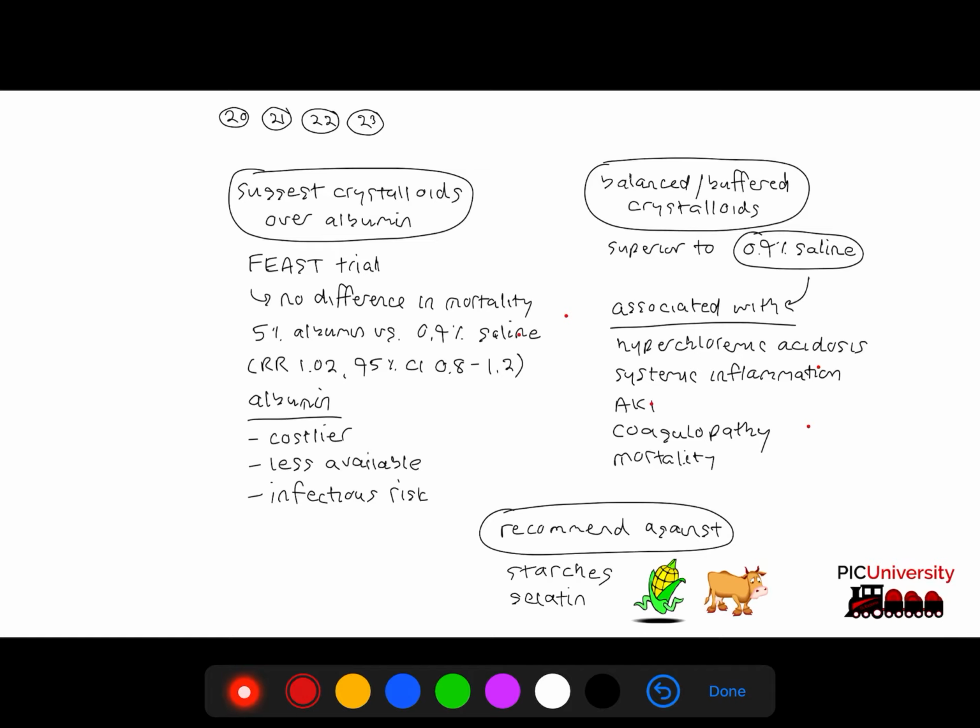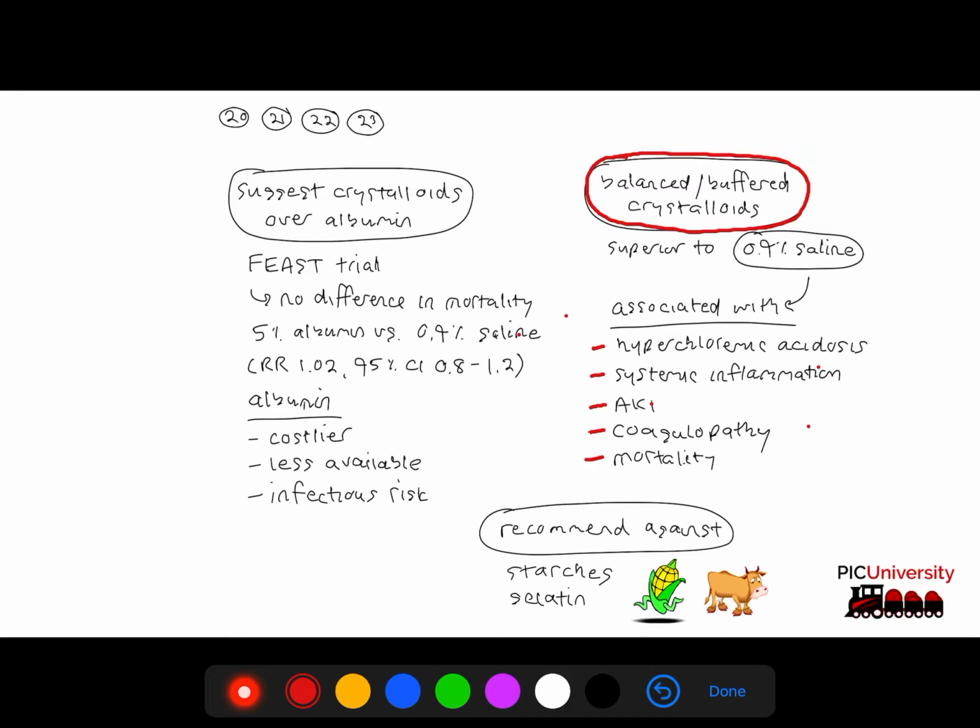However, additionally, they also made the recommendation that patients should receive balanced or buffered crystalloids versus 0.9% saline. And that is because some studies have shown that 0.9% or normal saline has been associated with hyperchloremic acidosis. That is an acidosis directly related to their levels of sodium chloride, as well as systemic inflammation, acute kidney injury,